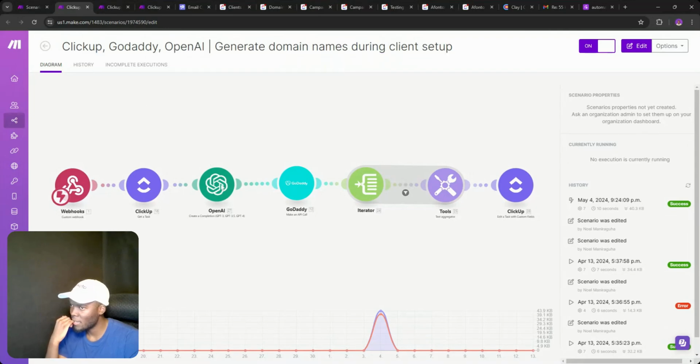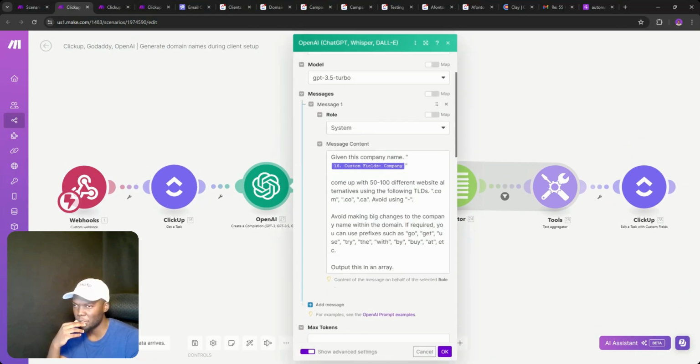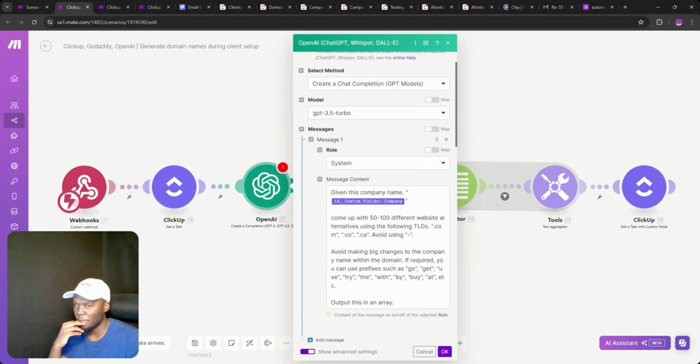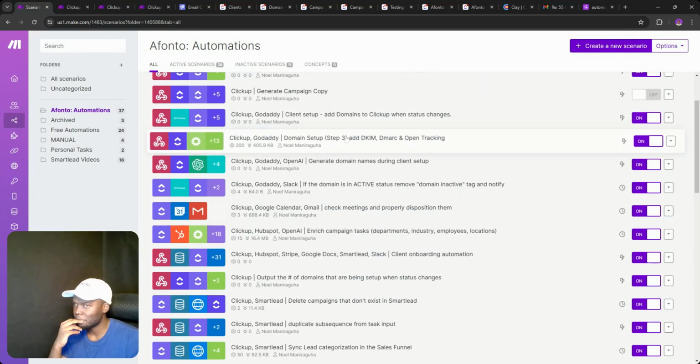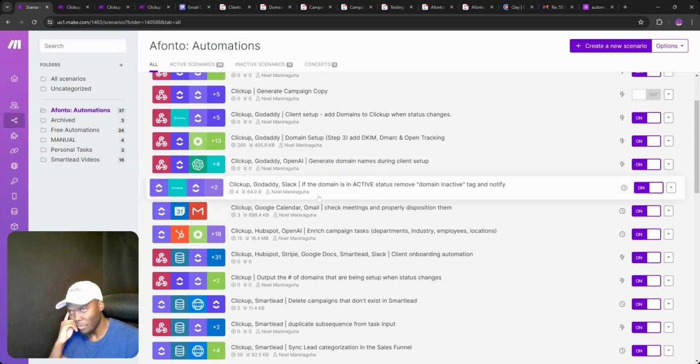Yeah. And also, I'm probably gonna be shifting this away from ChatGPT. So this is my ChatGPT prompt. It's like go, get, try. I'm gonna be doing something a little bit more complex. And also, I use .com, .ca. I think I'll be using a different process, but that one seems to be fine. GoDaddy if the domain is active,